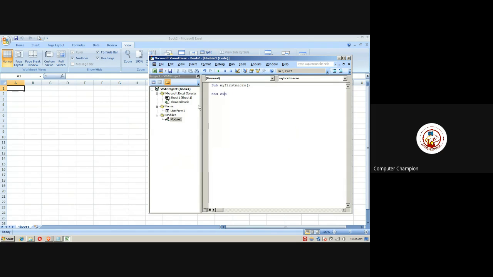If I double click on the module, I get the starting of the code. Now, if you look at the code, it starts with the sub. Sub means a subroutine. Subroutine means what is a routine basically? Any idea? So in plain English terms, what is a routine?